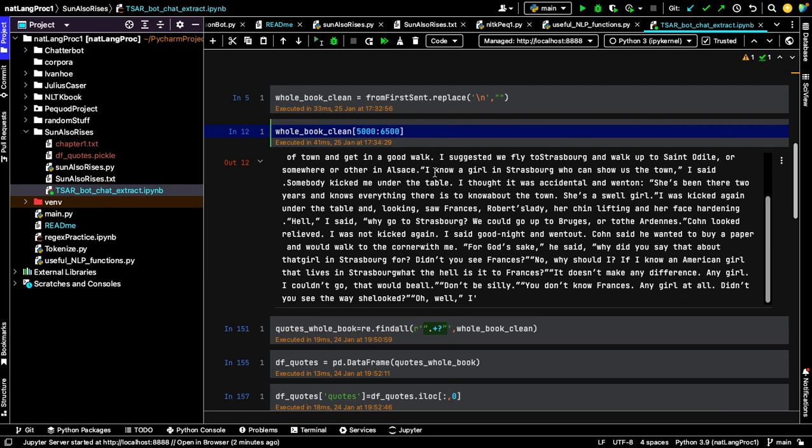This is the first line of dialogue. I needed a function that would go through the entire text and find these. I figured the dialogue is anything between quotation marks.